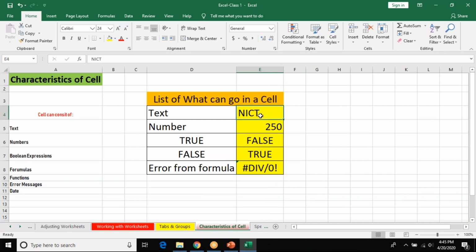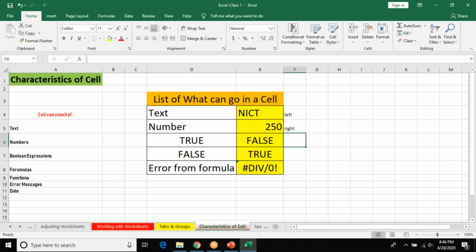Remember one thing, it's a universal rule. Anytime you write a text, wordings A, B, C, D, E, F, any wordings, you observe that it goes to the left side of the cell. NICT has gone to the left, whereas a number goes towards the right.